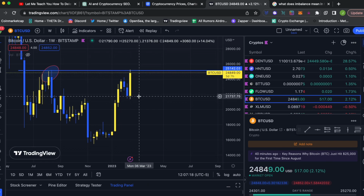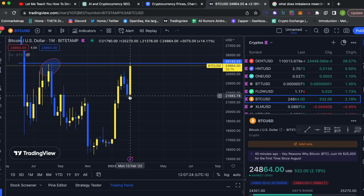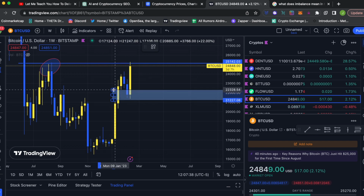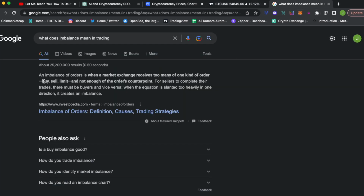Now, one thing I'll say is the market likes to retrace. Those are the moves that we want to look for. If we are going to buy into this market, we want to look for retracements. The market tends to move into what is called imbalances. Before this even happened, for this little retracement down, there was a gap, or what we call an imbalance, in between the 21,200 range up to the $22,300 range. Now, if you don't know what an imbalance is, an imbalance